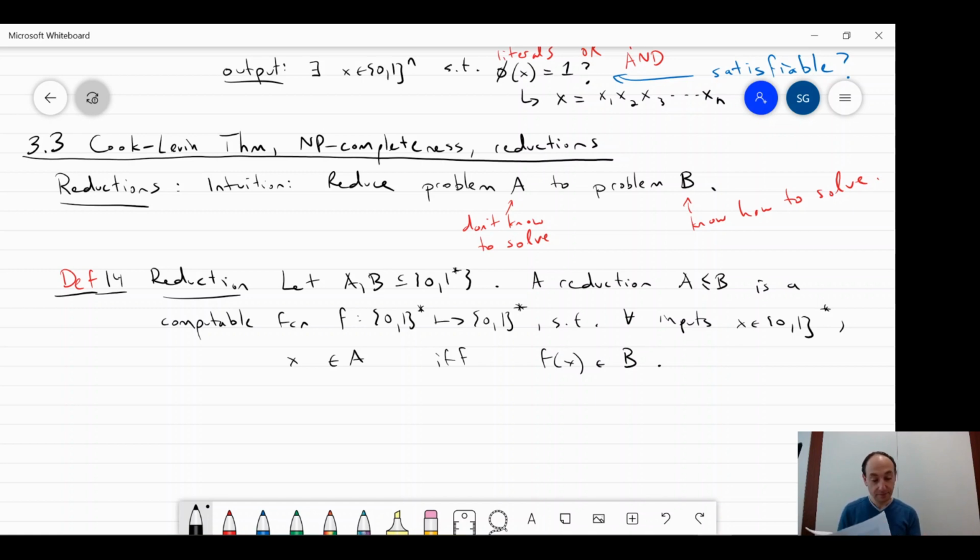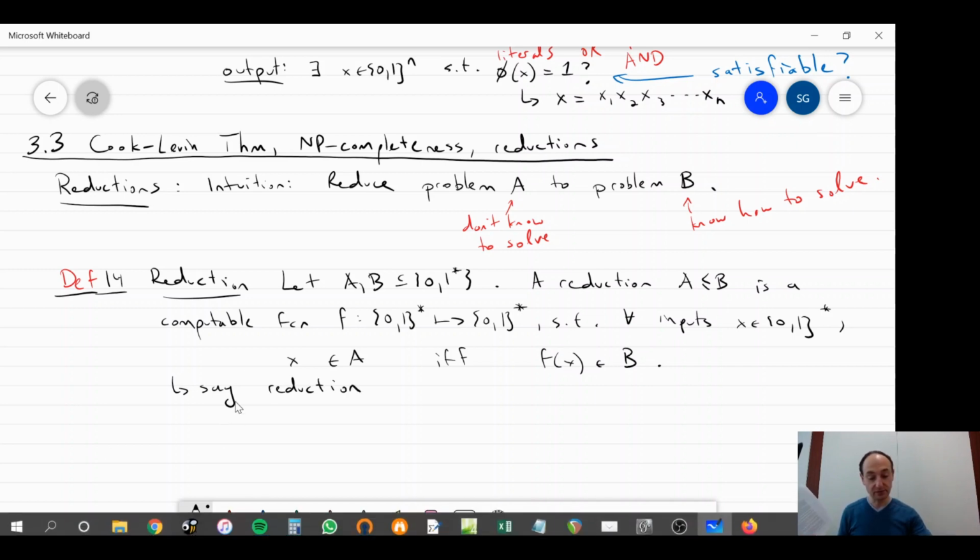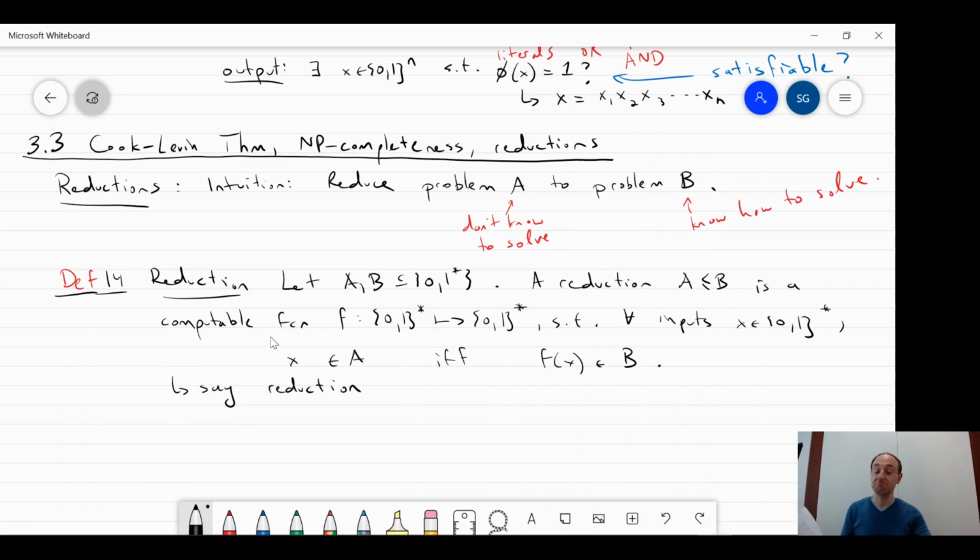Okay, and we will say the reduction. So notice how I said nothing in this definition. All I said is that there exists a computable function, right? Computable says nothing about runtime. So there's just a Turing machine that computes this function. But often, especially for complexity theory where we care about resources, right? We say the reduction is efficient or polynomial time, polytime,